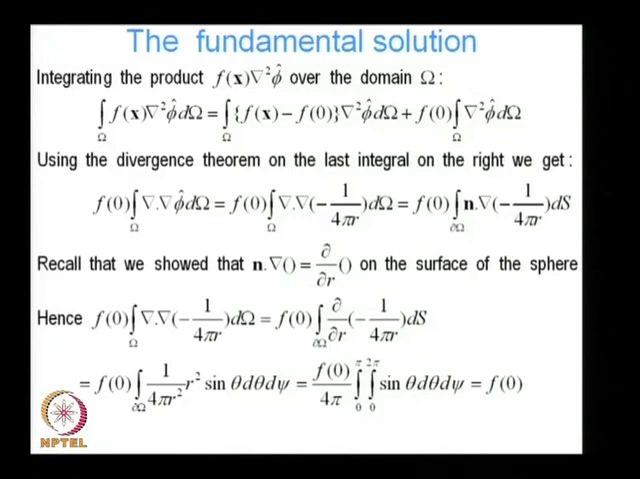So, that 4 pi cancels out and I am left with f of 0, right. So, this term is actually f of 0, right. This actually contributes just 1, right. So, this term is f of 0, and we can show that